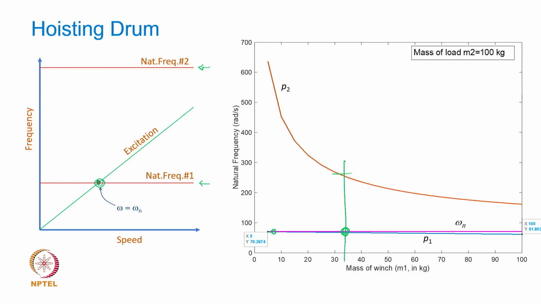Now it all depends on what your excitation frequency is vis-a-vis these two natural frequencies, right? In this particular case, as the rotational speed of the motor, of the drum, increases, your excitation line is going to be like this. It's never going to touch or come anywhere closer to your second natural frequency,